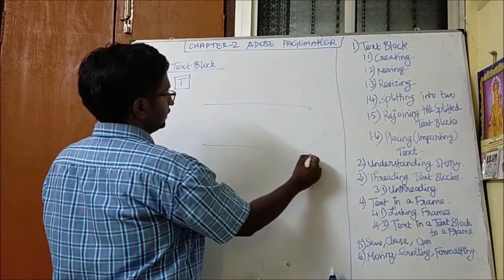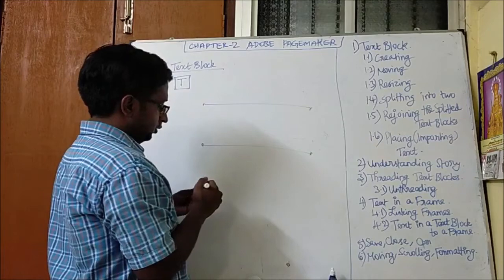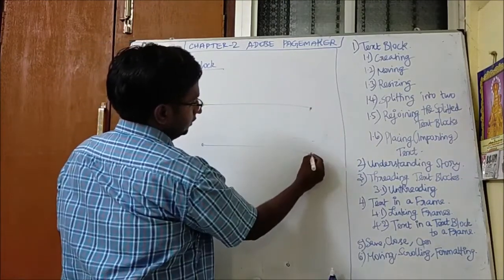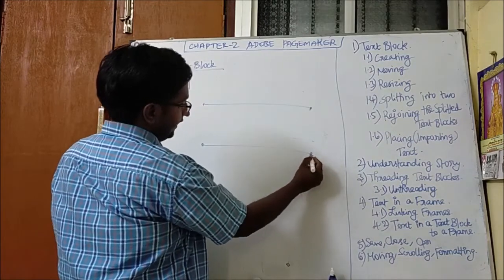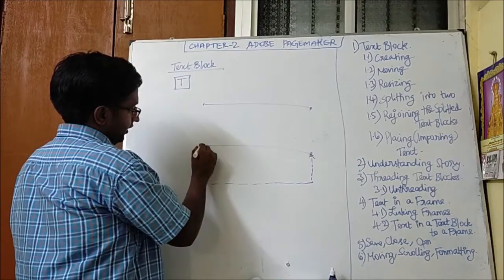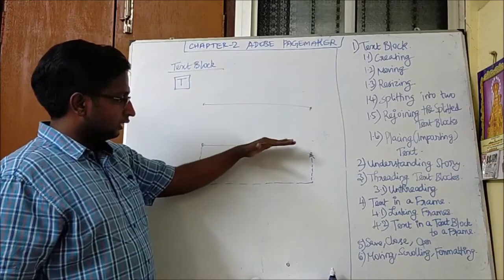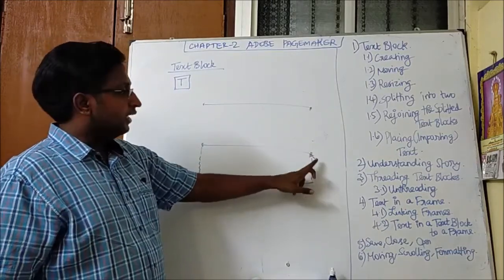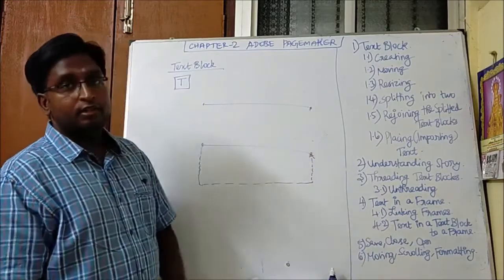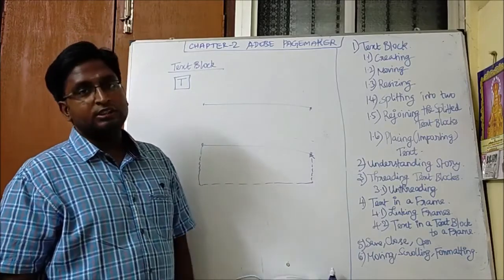So here you have a text block. You can resize by clicking the resizing button. You can click and drag, and it will get resized from any one point. If you want to drag downward, you can use either this point or this point. The entire block will get resized. So this is how the resizing of the text block is done.